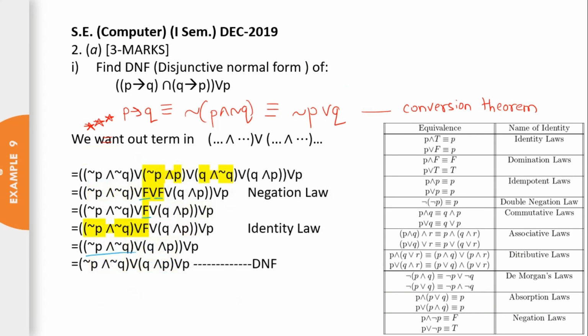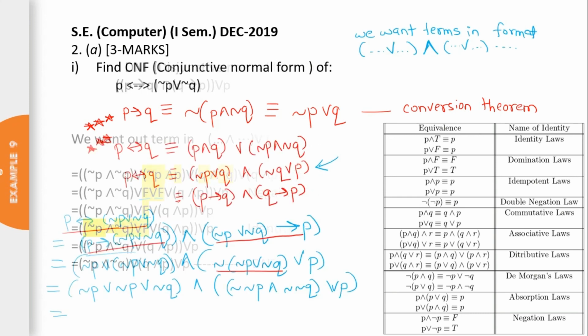So this will be solved again. Now this will become false by using negation laws. Your negation laws are P and negation of P, or negation of P. So we are just keeping these values, then we'll get false and false or false will be false. So just keep this value and the final answer we will get is negation of P and negation of Q, or with Q and P, or with P. So this is our final DNF format for our given equation.